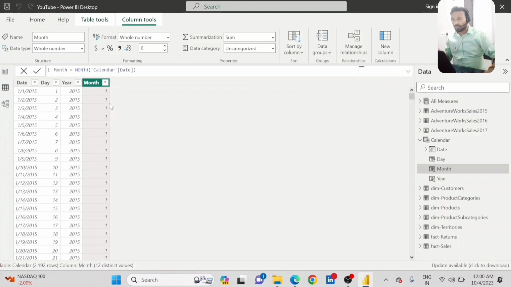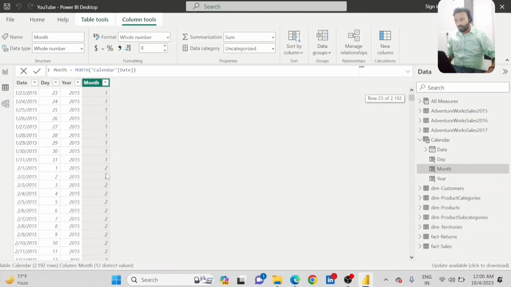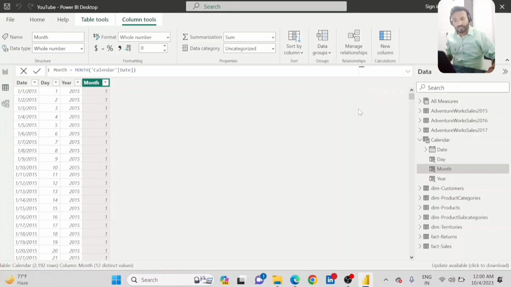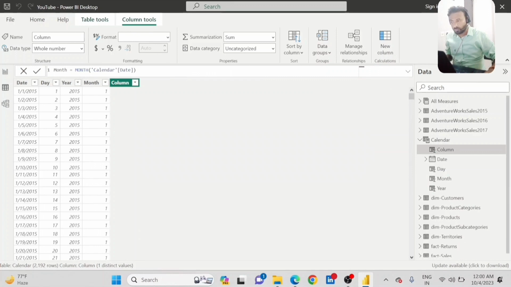Now I want the name of the month actually. If you want to extract whether it's a January month, right? If it is a 2, it's a February month. So I want the name of the month along with this month number as well. So I'm going to create this new column to calculate this calculated column. I just want to calculate this